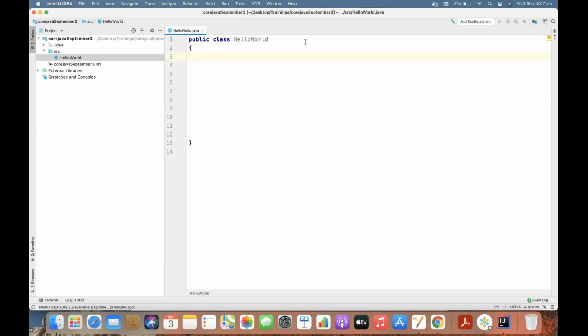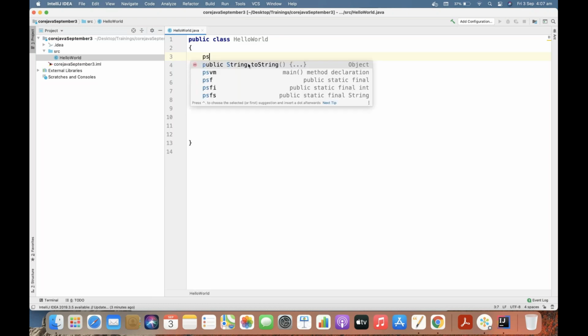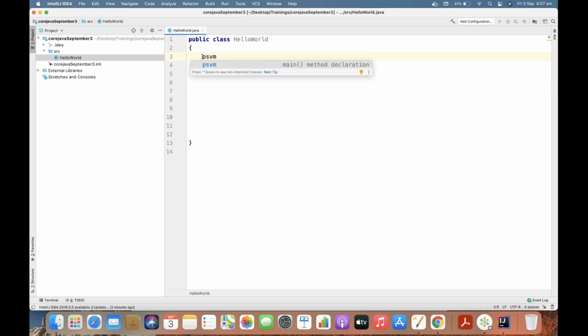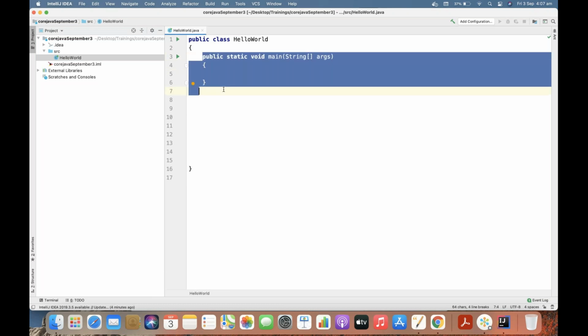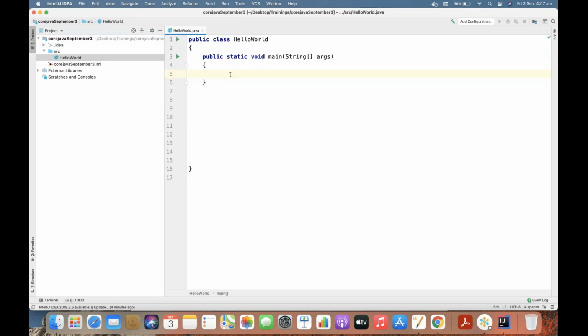The advantage of using these code editors is you have some shortcuts to generate a few things. To create a main method, you can use a shortcut called psvm. If you type psvm, enter, it has generated this main method for you. So public static void main string of args, this entirely is your main method. Why is the main method required? Every Java program's execution will always start with the main method. So that's why you need to add one main method.